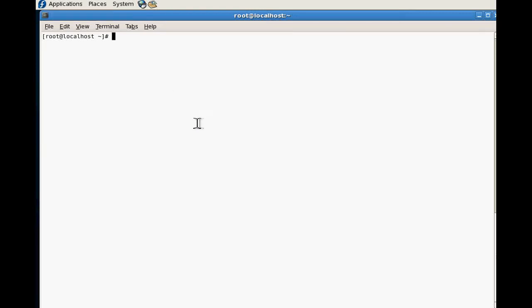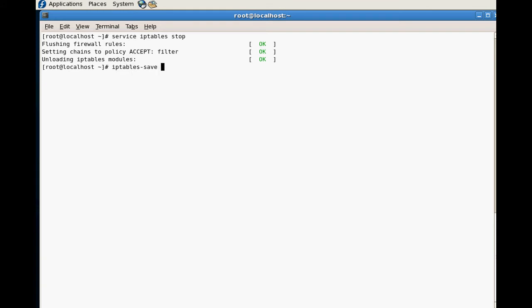Okay, we've got Linux in front of us. In this case, we've got Fedora, but we could just as well be using CentOS or Red Hat. And the first thing we're going to do is turn off the firewall, just like that. And then